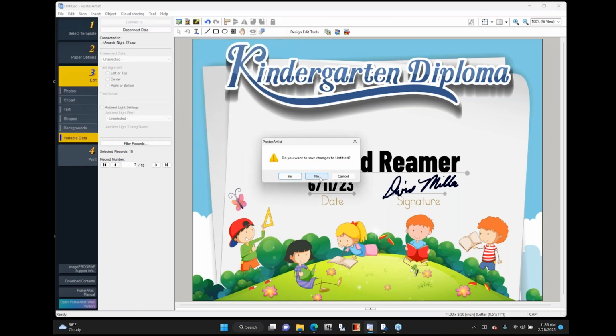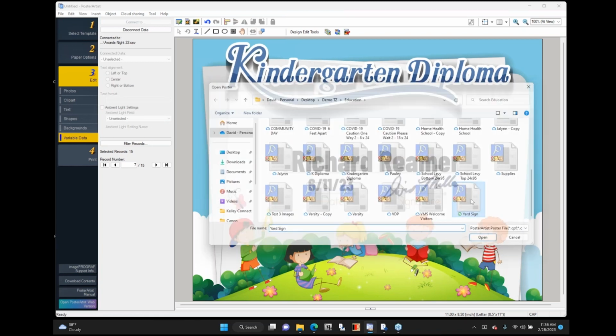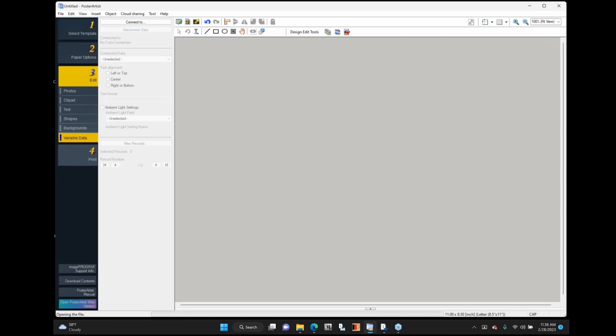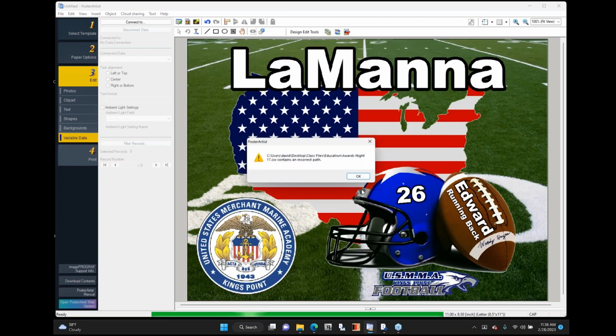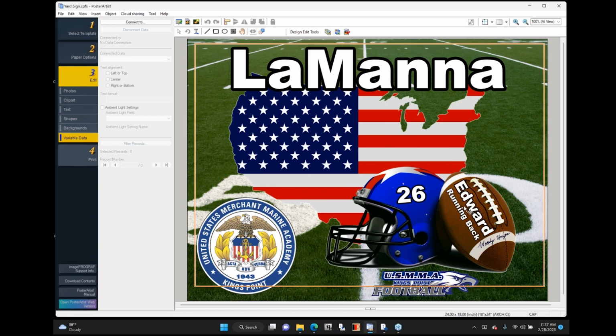I'll just bring one up just so you can kind of see here. Here's a yard sign. And this was a simple yard sign. I've done it for golf outings. So you kind of create the different holes, who the sponsors would be, that type of thing. It really makes it nice and simple. This has got a lot of different images. But in this case, I got the kid's last name, the number changes, their first name, what their position is. I added Woody Hayes' signature to the football, but each one of these would easily change,